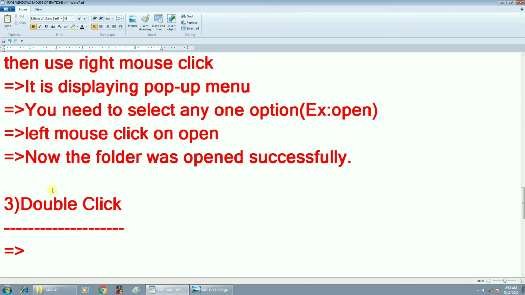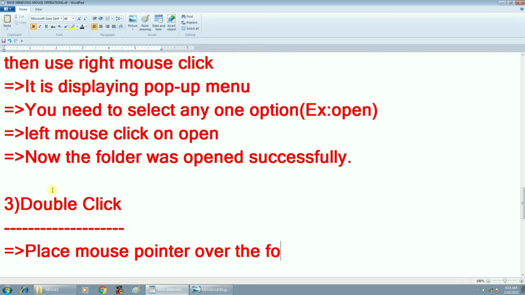If you want to open any folder or file very fast, just place the mouse pointer over the folder or file. I will explain practically.